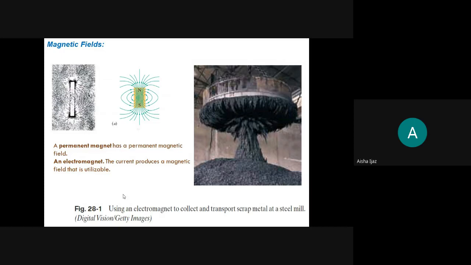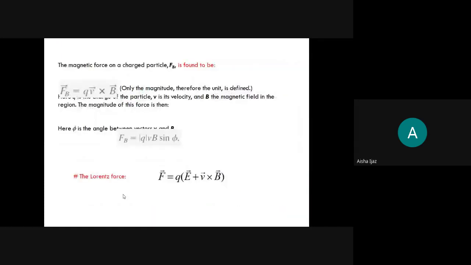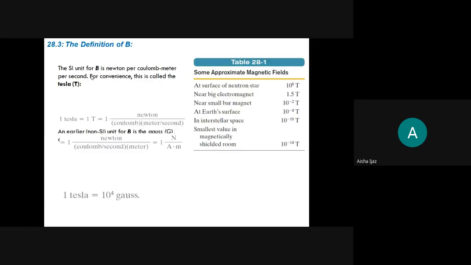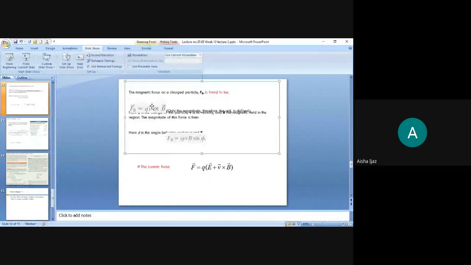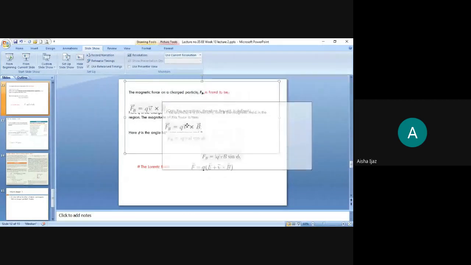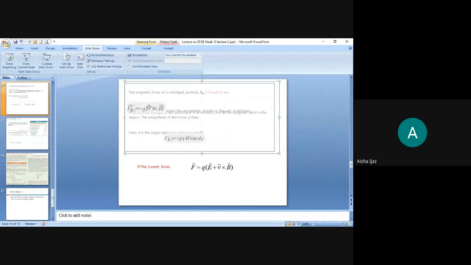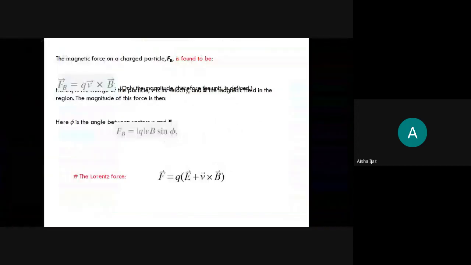Now, how will you be able to calculate the magnetic field? Students, I am telling you this experimental result. One second. If you focus on this formula, which is F equal to qv cross B, this is the experimental result which I am giving you. The scientists did the experiment. What experiment did they do?